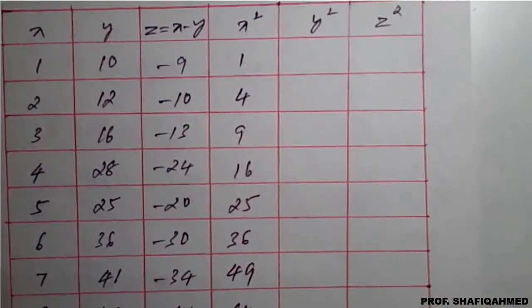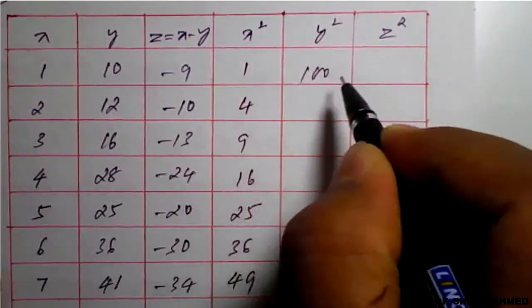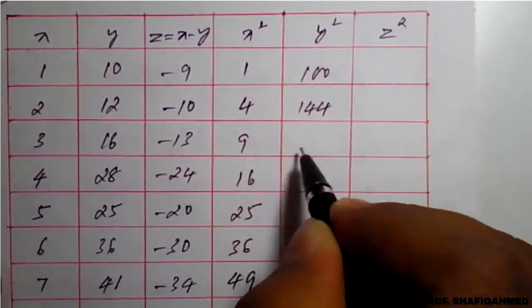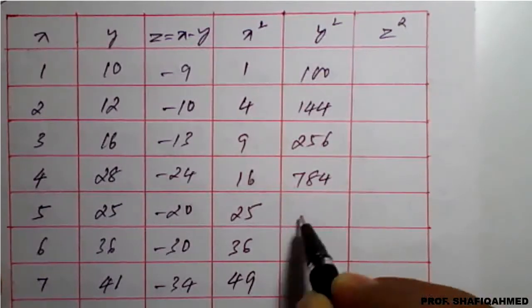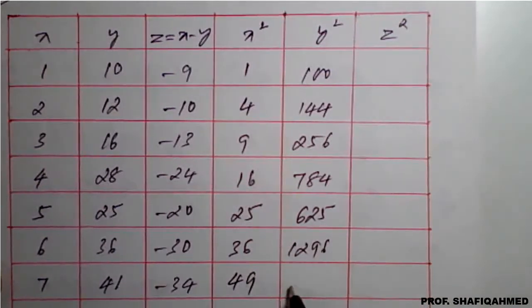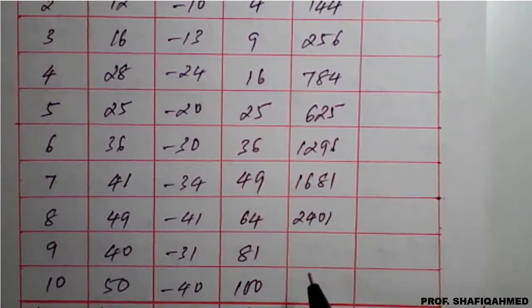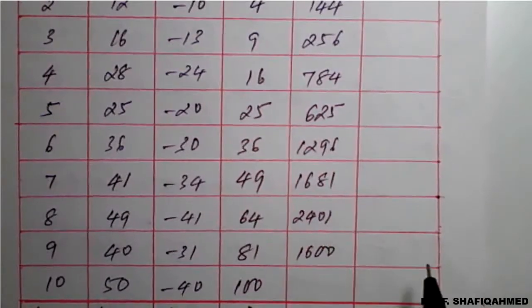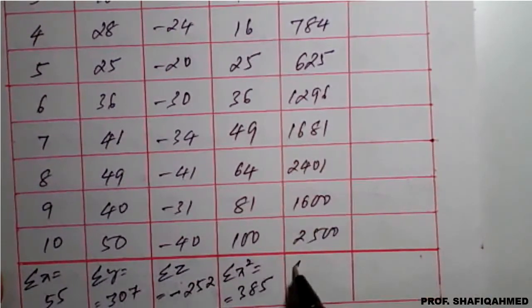Next we will go for the y square values. So y square values are 10 square is 100, next is 144, 256, 784, 625, 1296, 1681, next is 2401, 1600 and 2500. So summation of y square will be